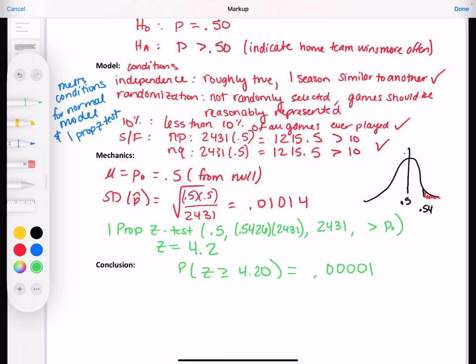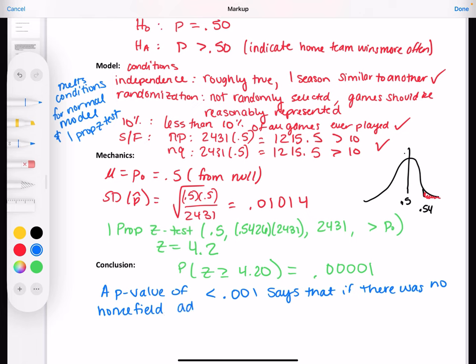So when we conclude, a number that's really, really small like that is going to end up telling us that, in conclusion, a p-value of less than 0.001 in general, but obviously our number was less than that, says that if there was no home field advantage and the true proportion of home wins